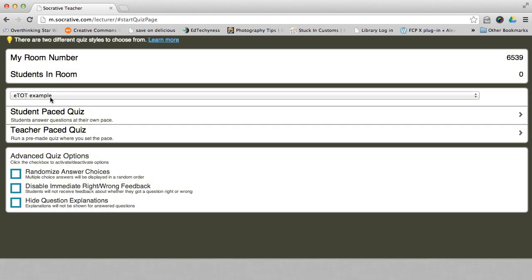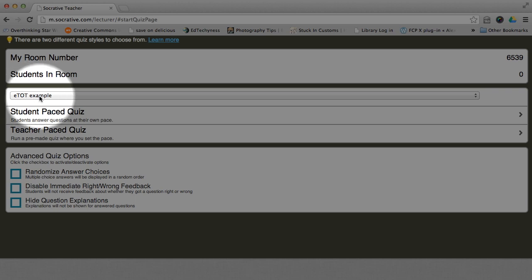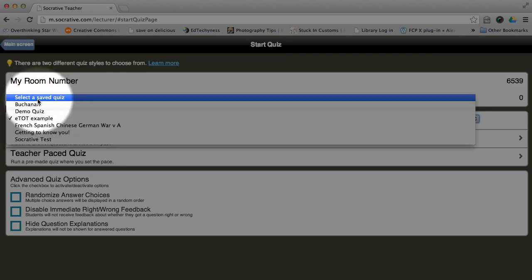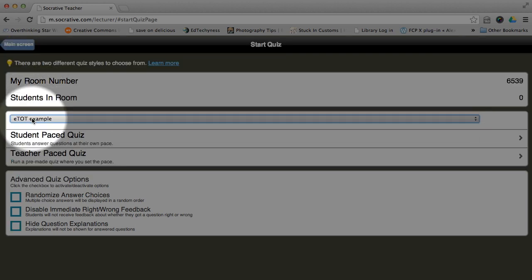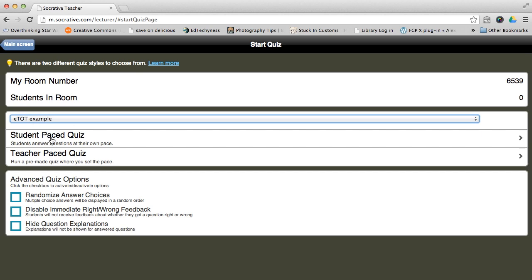Now let me show you a couple of options. So right here, this is where I can select from the different quizzes that I might have available to me here. So I'll go ahead and click on the eTaught example. Now, student-paced quiz would be one where students are self-driving the quiz, so they can answer the questions in 30 seconds, or they can take as long as they want for a particular question. The teacher-paced quiz would be one where it would be teacher-driven, so I would be presenting the questions in class,